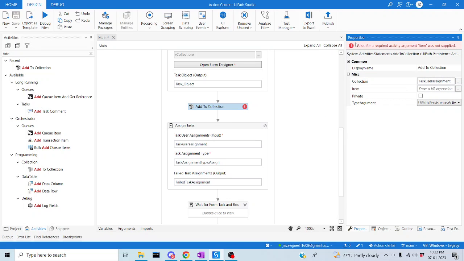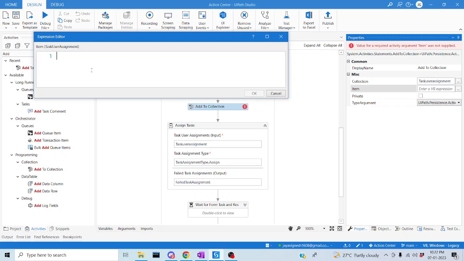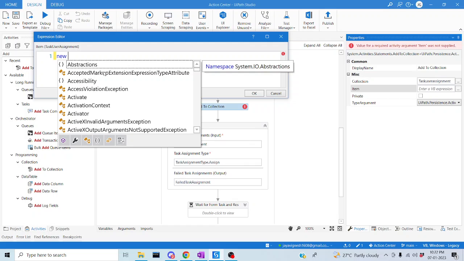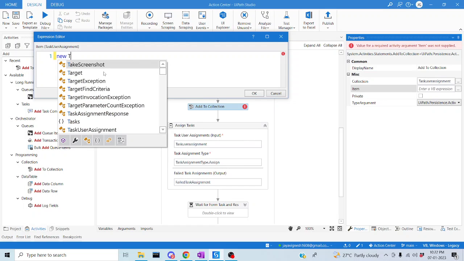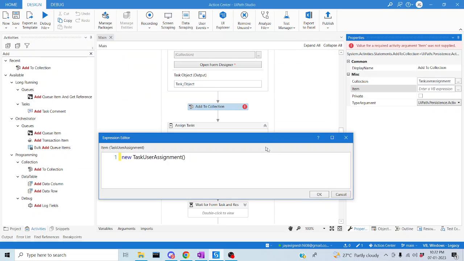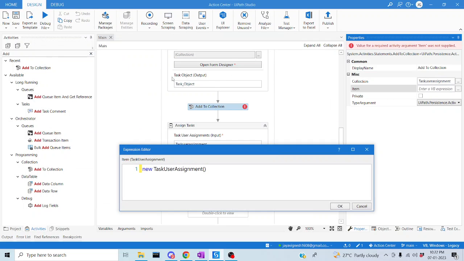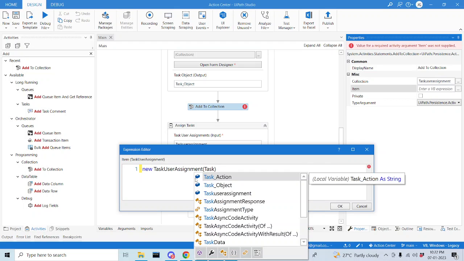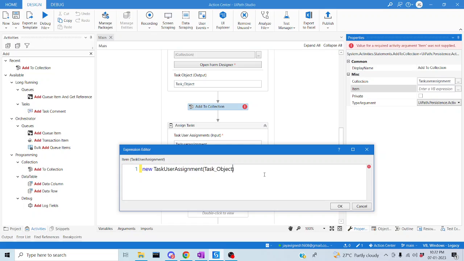Just try to save this one. And under the item, you have to fill the mail ID which you are going to assign now. So what you have to do: new, okay, new task assignment. Inside this, just open a bracket. To which task are you going to assign this particular task which is created, right? So make it as task object. Yeah, perfect. Dot id, which indicates the id,